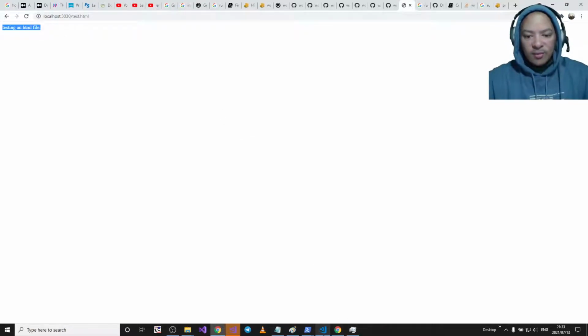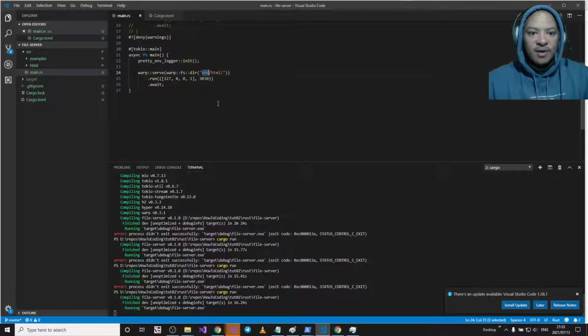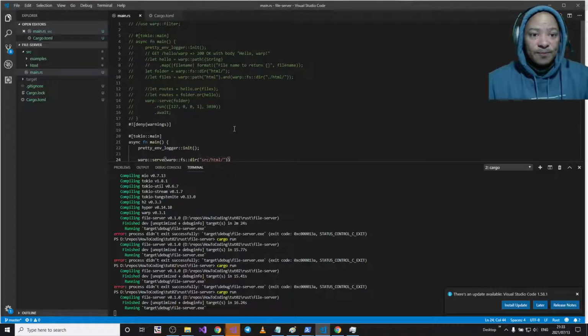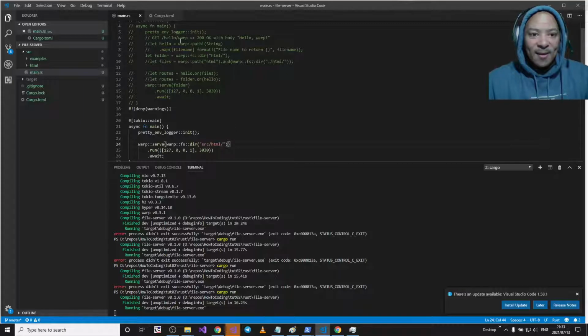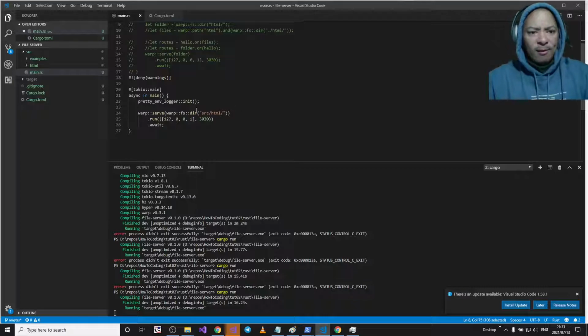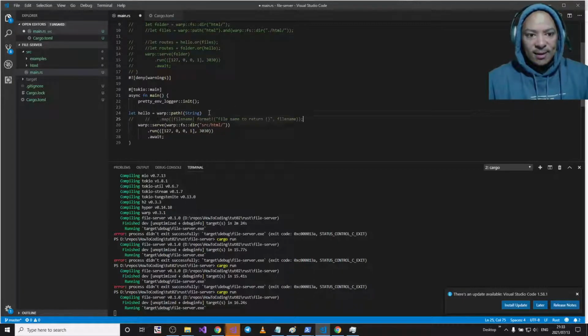So what did we learn? We learned that this top level folder actually needs to be the same folder as where the source file sits. So main.rs is in the source folder. So from source /html in. That's not intuitive, right? It's not intuitive at all. So my suspicion is that my example here would probably have worked if I want to do this and I want to say diagnostics or health or something along those lines. I'd say let